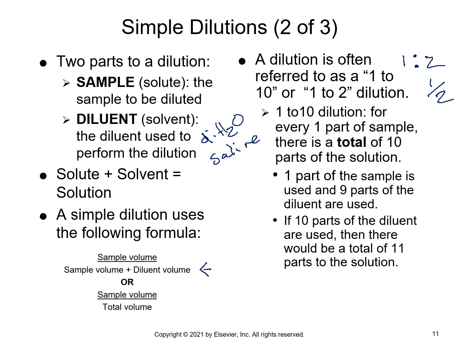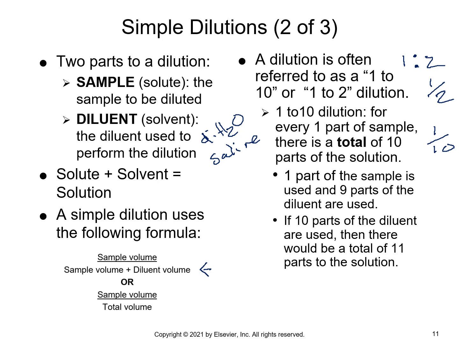So if someone tells you to do a 1 to 2 dilution on the sample, they're actually meaning to do a 1/2 sample dilution. If we say a 1 to 10 dilution, then we're actually meaning a 1 over 10 fraction,